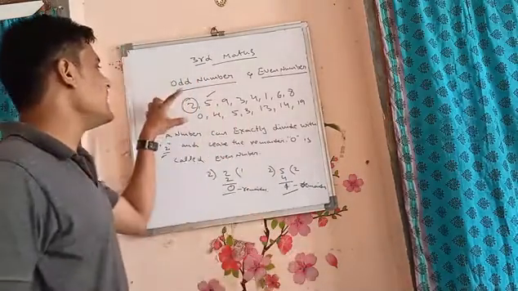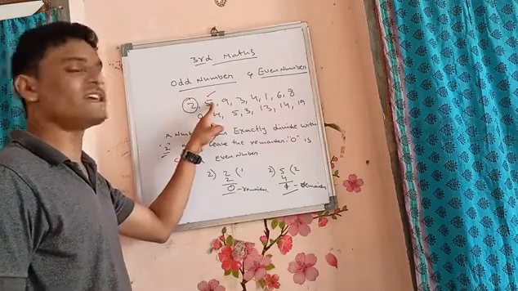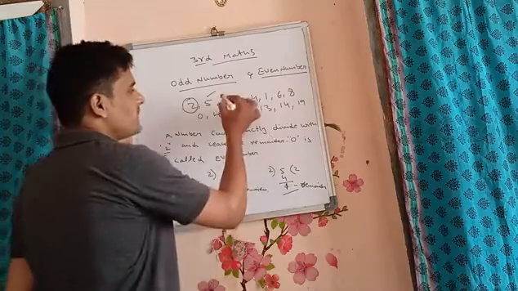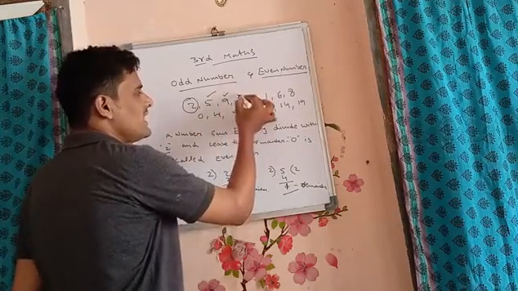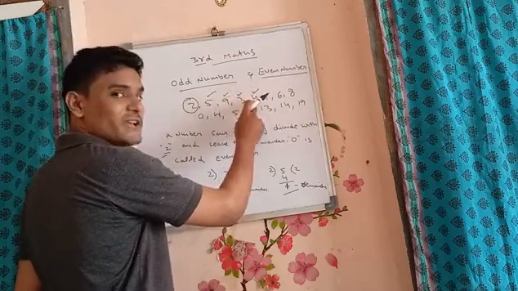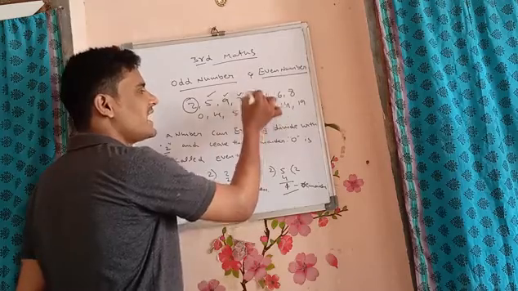Look at that. For an even number we mark a circle, and for an odd number we put a tick mark. In the same pattern, 9 is an odd number, 3 is an odd number. 4: 2 twos are 4, it divides exactly by 2, so it is not an odd number, it is an even number.